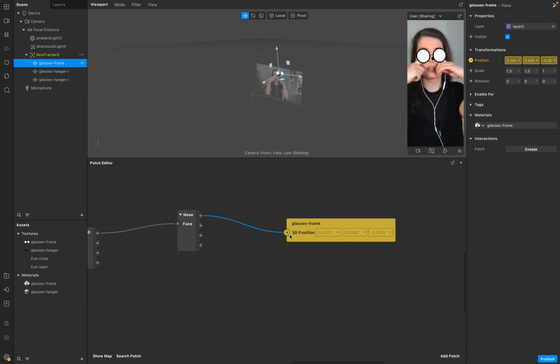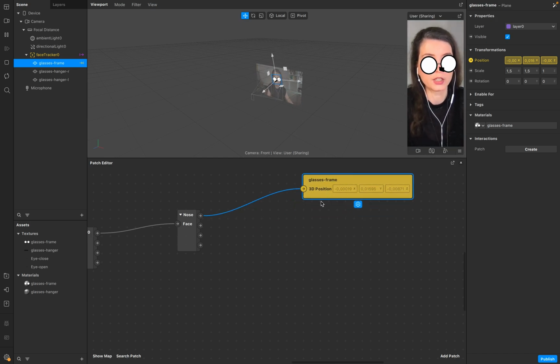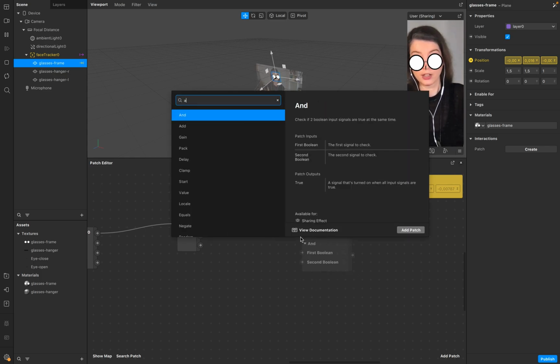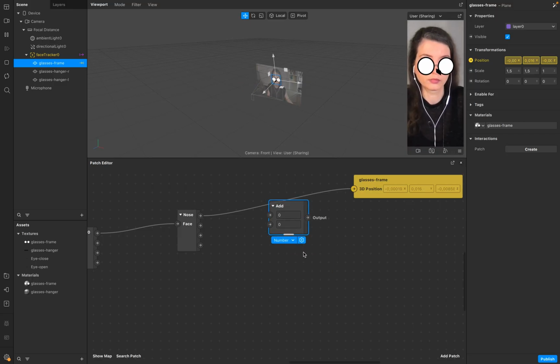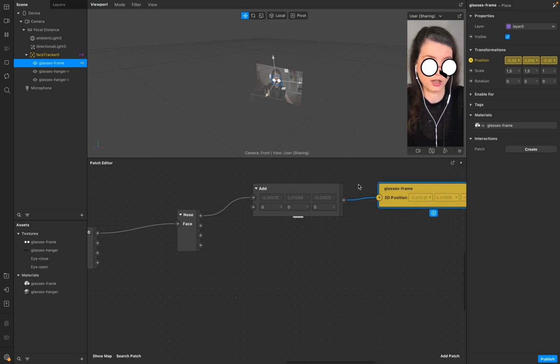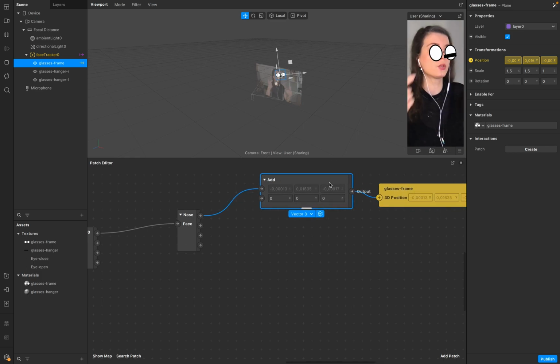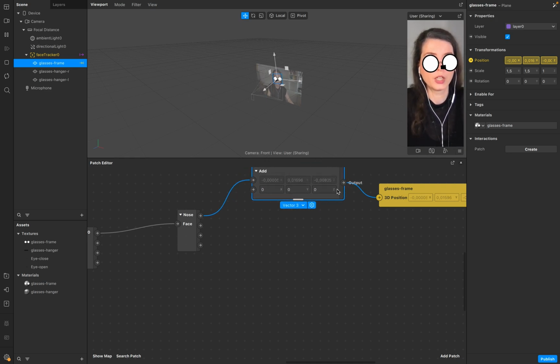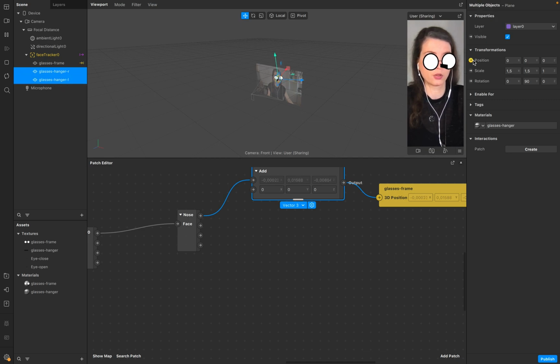There you find this, it's perfectly linked to it, but if you want to have more control over it, you can add an add 3 dimensions, and therefore you have the possibility to change the depth or the position in X and Y a little bit more. We need this one for our hanger left and right. Go to position,